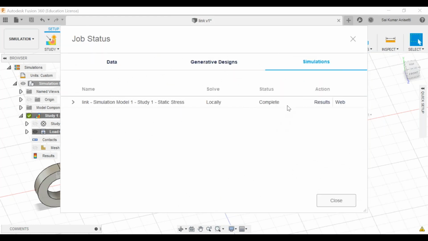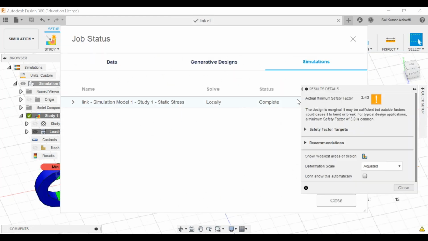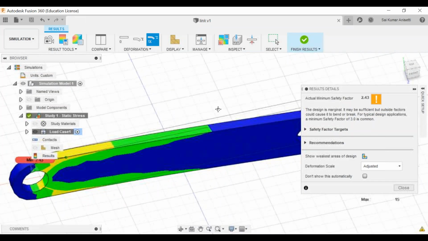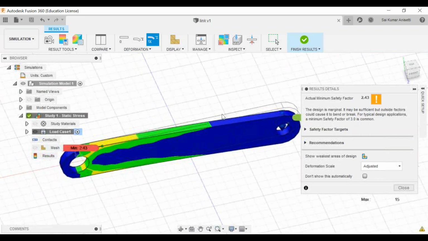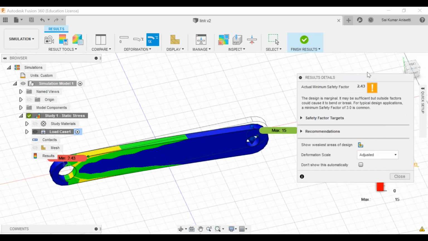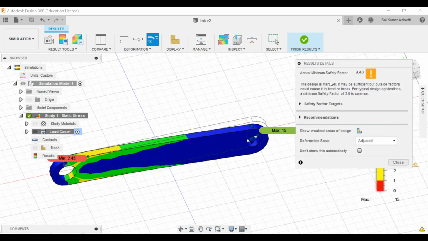Okay, fine. Now you have results. Now you can click close over here and you can see. Let me zoom out a little bit. Okay. Now many people will be having their projects. What is your actual factor of safety? Now this should generally be better than 3. This factor of safety depends on scale. Okay, it is on a 1 to 10 scale, or some people will be having 0 to 1.